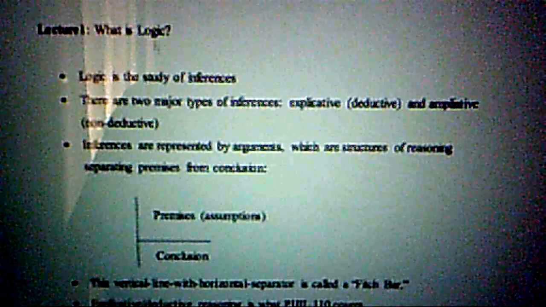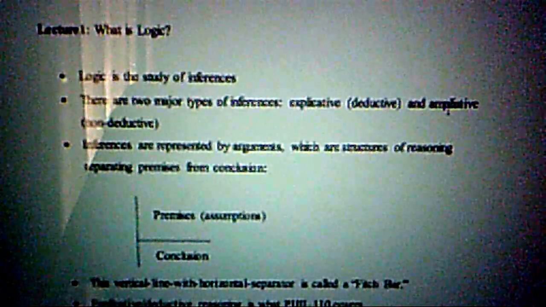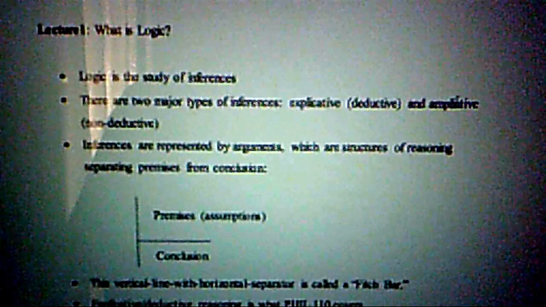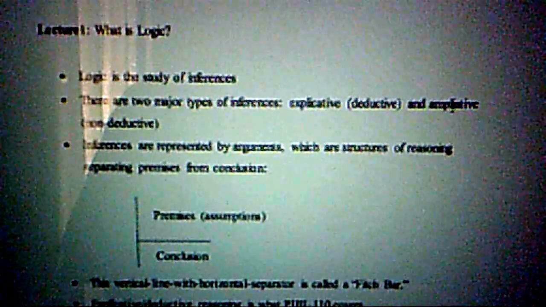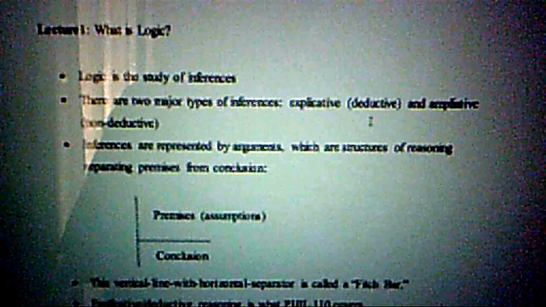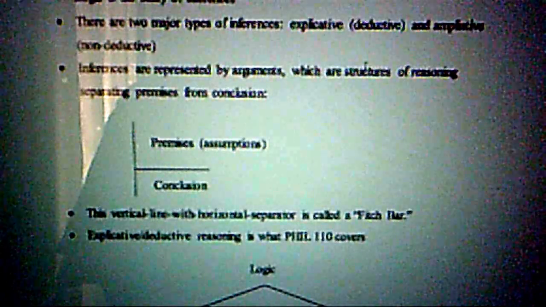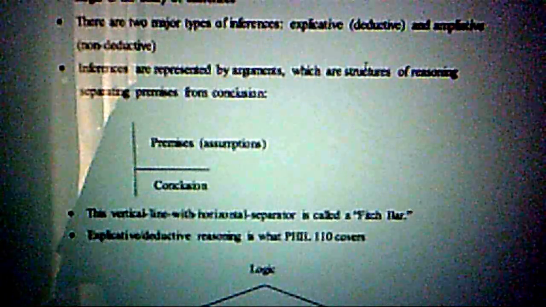Okay, keeping that in mind, there's two major types of inferences, once again, deductive and ampliative. We're going to be studying mainly deductive logic in this course, but ampliative inferences also enter into this course here and there. But keep in mind, it's deductive that we're mainly after. What makes an argument deductive or ampliative has to do with the structure of the argument. So first off, let's get some terminology straight. What does it mean by argument?